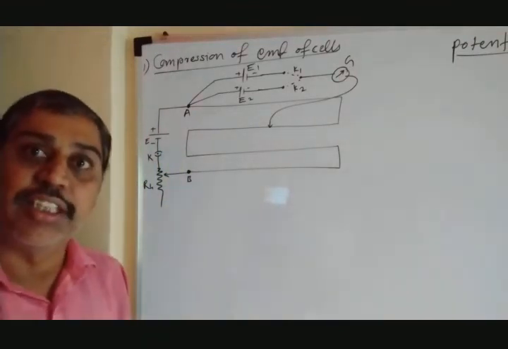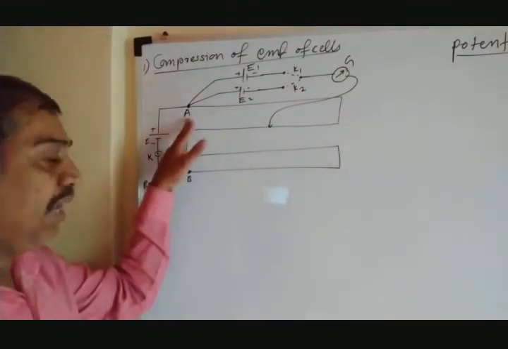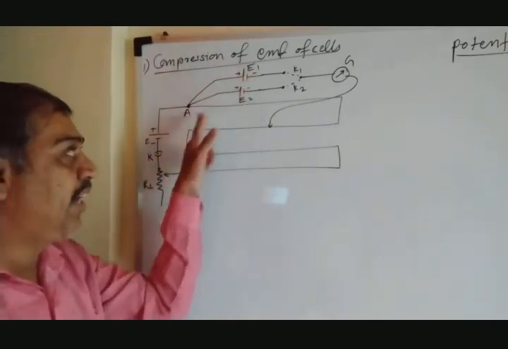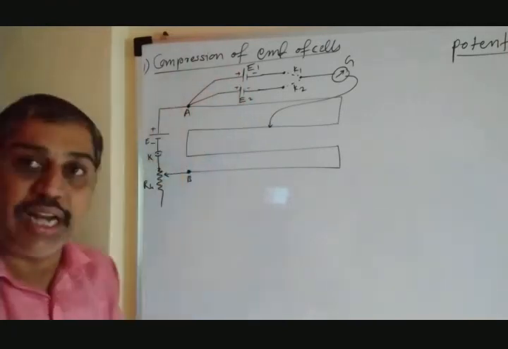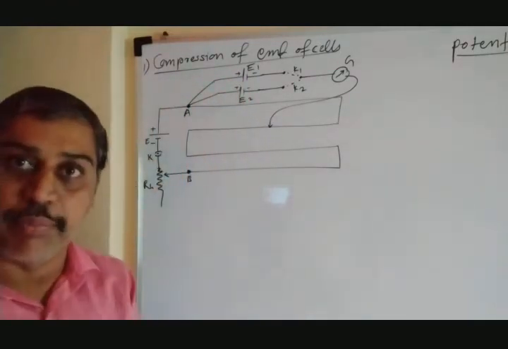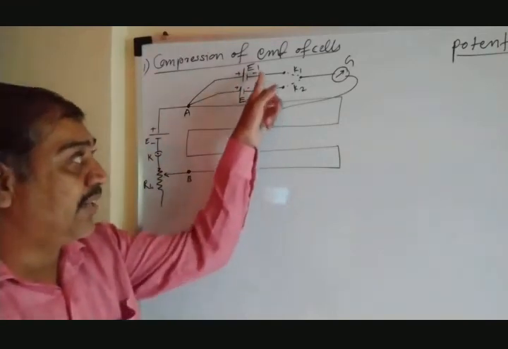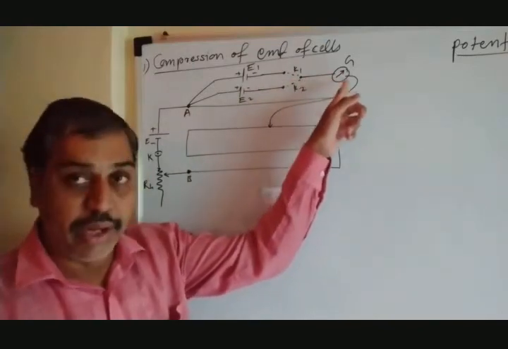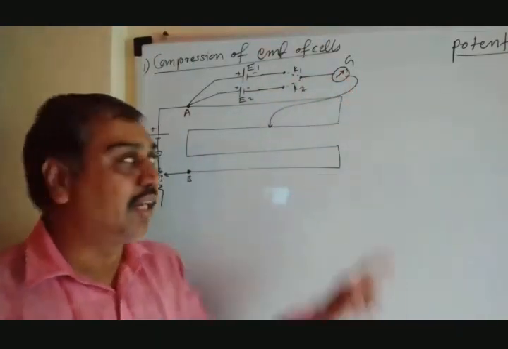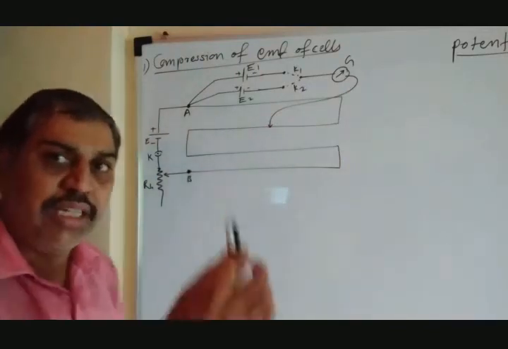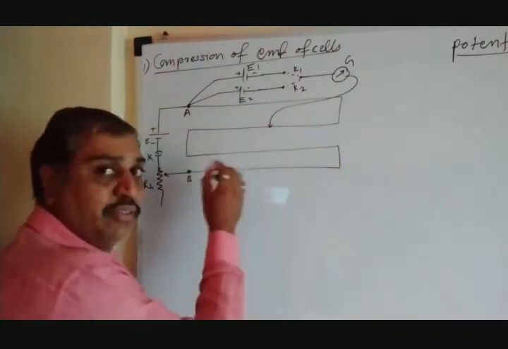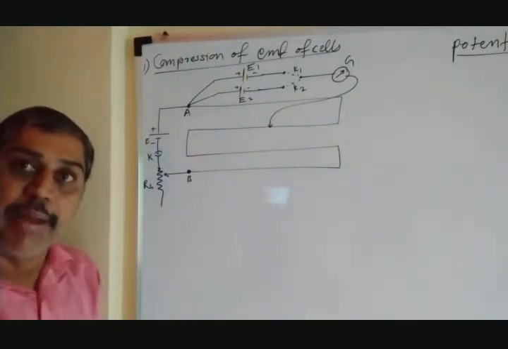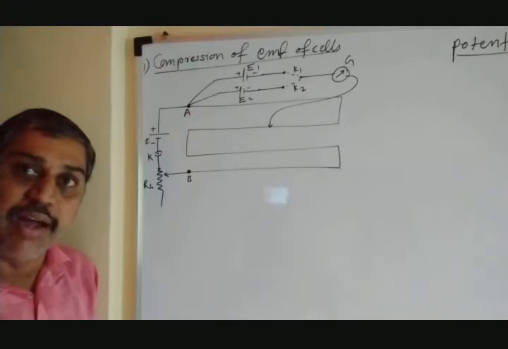Apart from this, a precaution must be taken that at the point A, where the positive of the battery comes, the positive of cells E1 and E2 must also come. All the positives come together at the point A. What about the negatives of the cells E1 and E2? They are connected to keys K1 and K2, and their common terminal is given to a galvanometer, and the other terminal of the galvanometer is given to the jockey. That is a metal conductor that you can touch on the wire. So this is the construction for comparison of the EMF of two cells using a potentiometer.